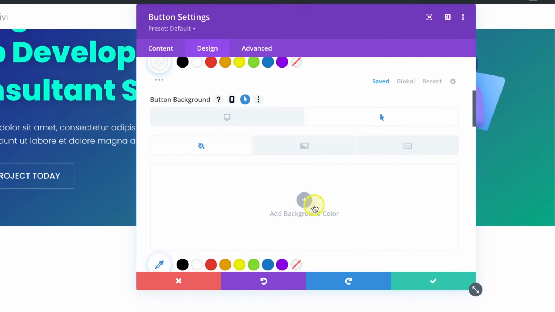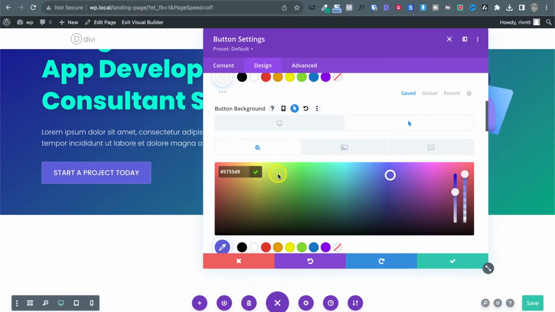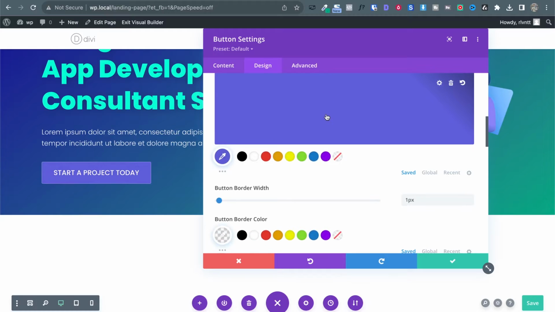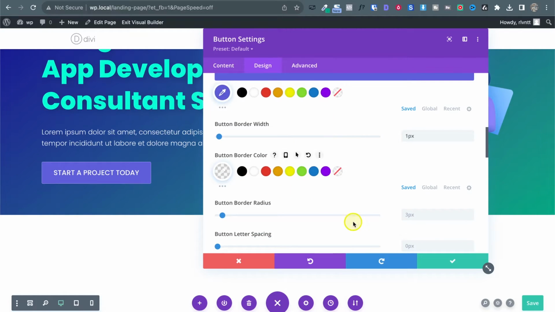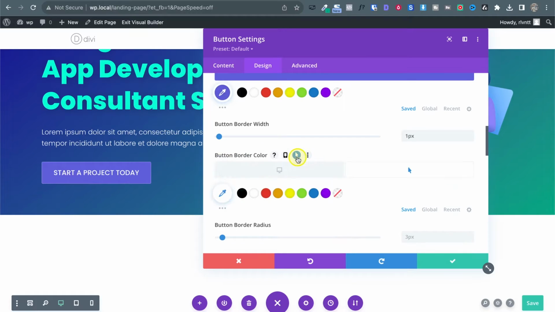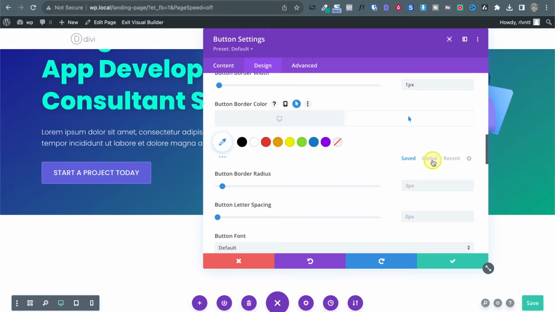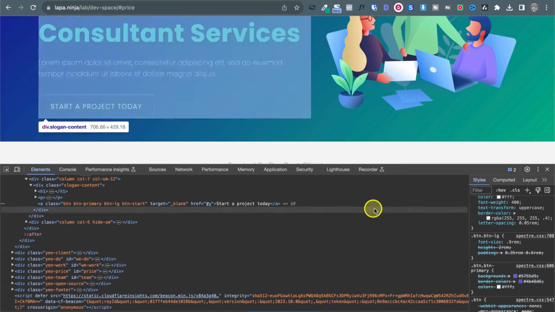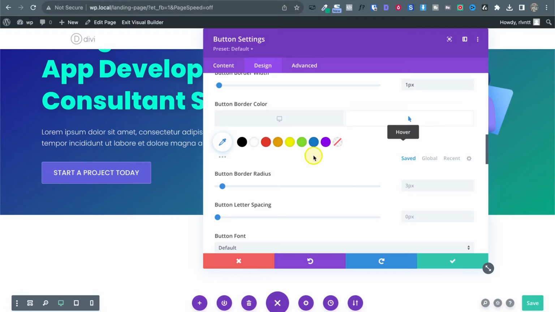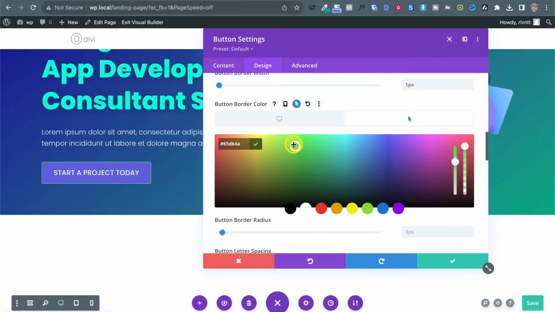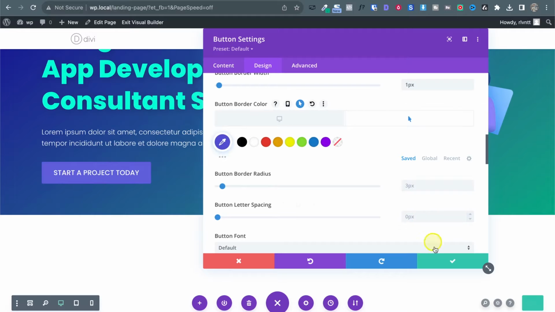So click on it, and now I'm going to add the background color and just paste it there. That's okay. And we need to also change the border color. So let's do the same with the button border color here. Let's click on the cursor icon. It's already selected here because we set it in the background option. And now, in this case, I think it's different. Yeah, it's another color, so I'm going to copy it. Let's go back, hover, and I'm going to paste it here. I think, yeah. And now, if I change it to desktop, you can see it changes through the different